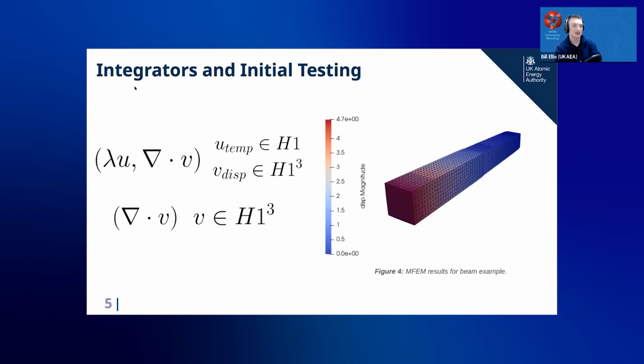So if you put the thermal expansion term that I showed into your weak form, then you get a bilinear form of u, div v and a linear form of div v, which required writing some new integrators given I'm modeling displacement in a vector field, but it's like the H1 cubed space, so it's copies of a scalar field. And having implemented these integrators, I did some quick sanity tests. So I did a simple beam model that's hot at one end and cold at the other. And what do you know? It expands where it's warm, which is a good test. Next slide, please.